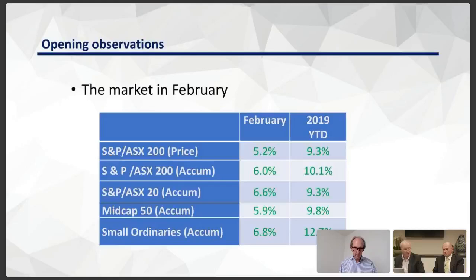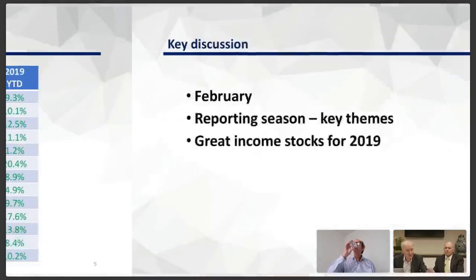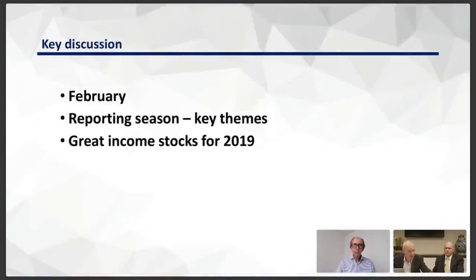I think that's a function more of the banks, but 6.6%. The so-called mid-cap 50, which are stocks numbers 51 to 100 by market cap, have actually been lagging a little bit so far, and the smaller caps are doing all right. So it's a little bit perverse in that respect. The top end of the market and the bottom end of the market, the stocks are doing better than the stocks in the middle. If you go to the sectors, of course,